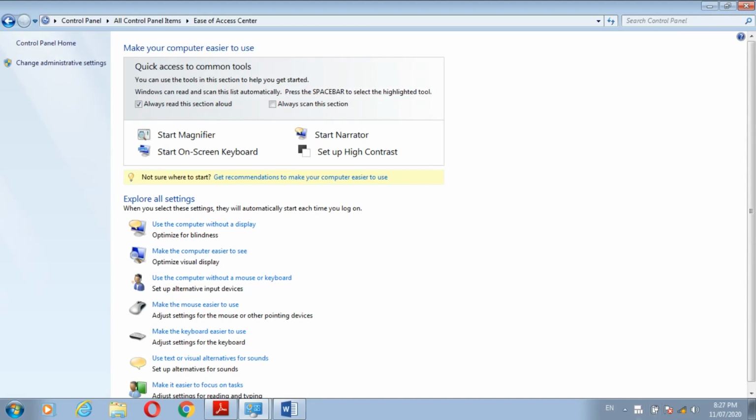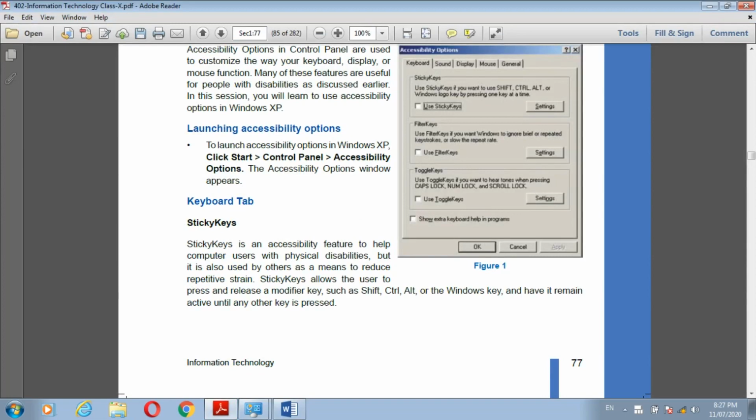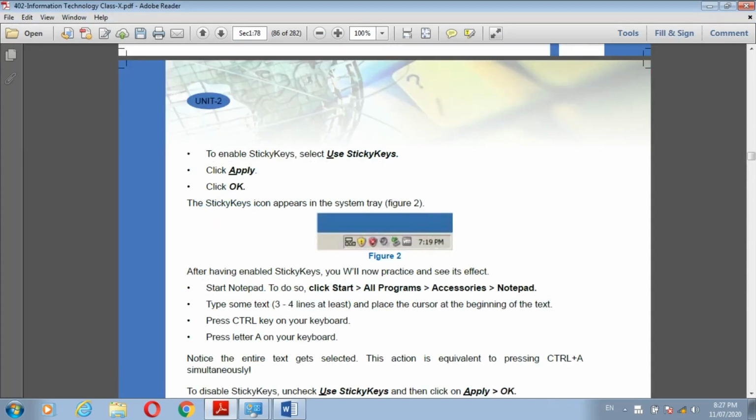Have you seen here on the status bar at the bottom, the mouse is moving here? The sticky keys options are on. Now we do the practical. See what the next point is. After enabling the sticky keys, the icon, have you seen this icon?